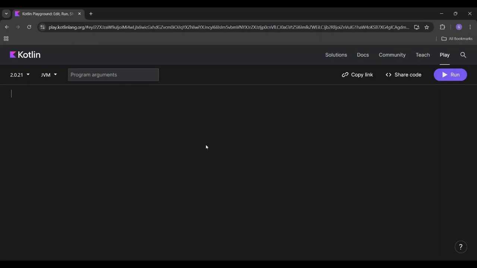Coming to the first one, annotations. Annotations provide metadata about the code elements like classes, functions, properties, etc. They don't change the behavior of the program but can be used for code generation, validation, and more. For example,